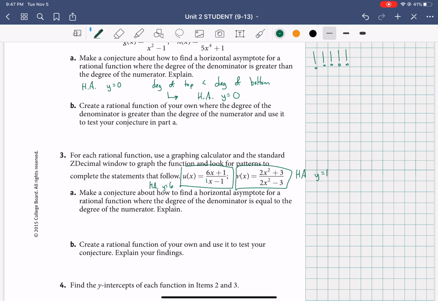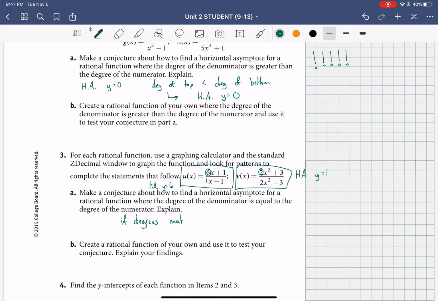So we need to look at this. What can I do to get these numbers? If I look at the first one, I see a 6 right here. So maybe it's just the coefficient on the numerator. But if I look on the second function, that's a 2, and that's not our horizontal asymptote. So we are looking at this, we're trying to figure it out, and hopefully you guys have already been thinking about it, and I'm just the late one in the group. But what we have to do, we have to take if